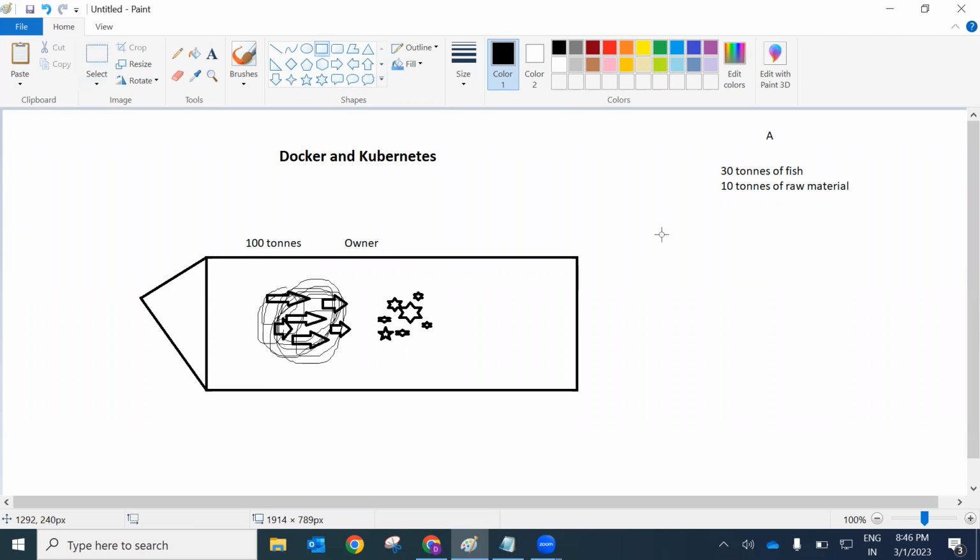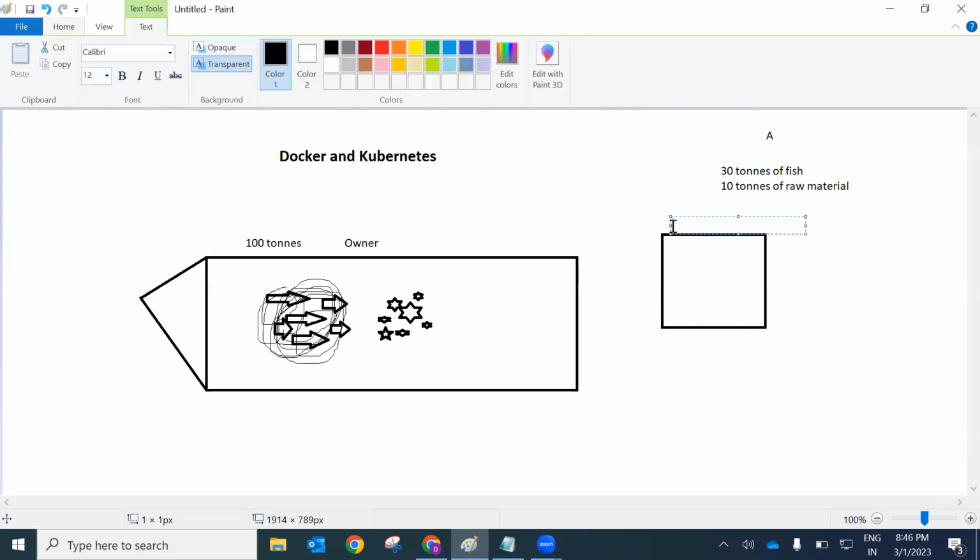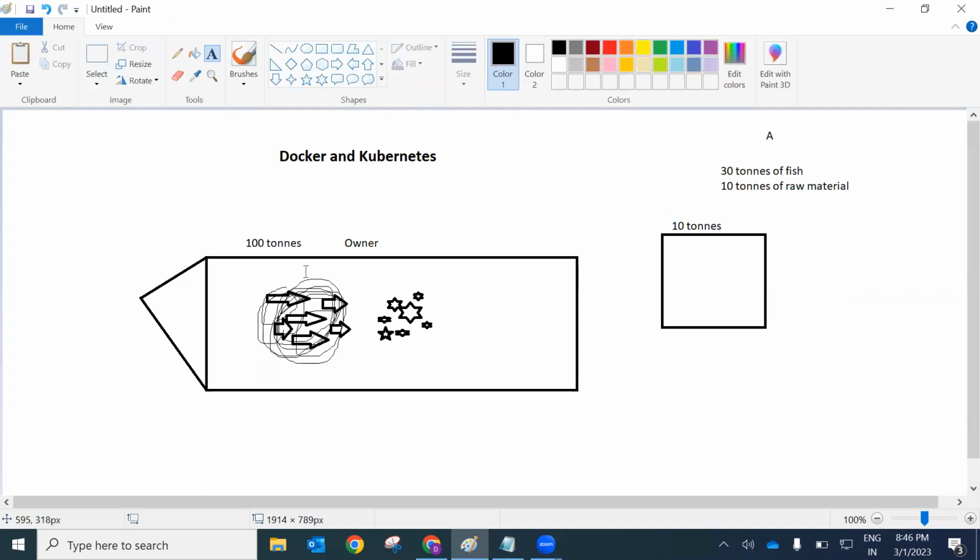Containers are nothing but empty boxes with some volume. Let's suppose that the capacity of this container is 10 tons. Okay. So the total capacity of this ship is 100 tons, so 10 such boxes can be accommodated in the ship. So what was done is